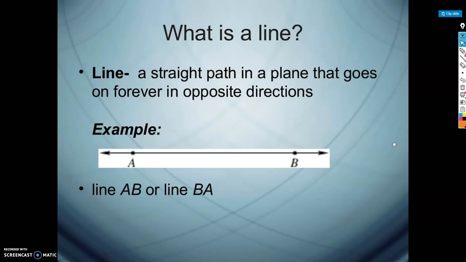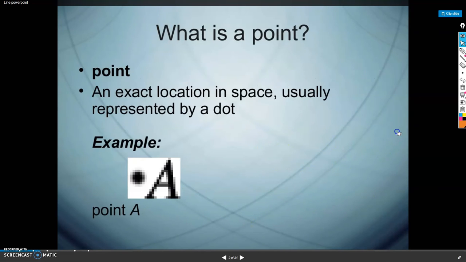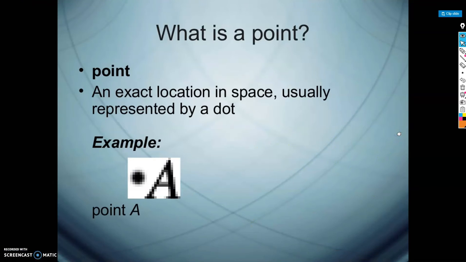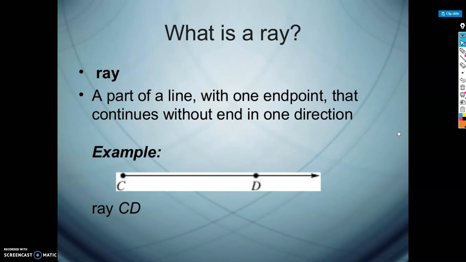So we already gone through all this kind of stuff here, guys. We know that a line is a straight path on a plane. It goes on forever and ever. We got all this stuff in your notes about how to write that down. We know that a point is an exact location in space on a plane. Okay, doesn't take up any space. It's just an exact location. All right. We know a line segment is part of a line with two endpoints. A ray is a point, and then it goes on forever in one direction.